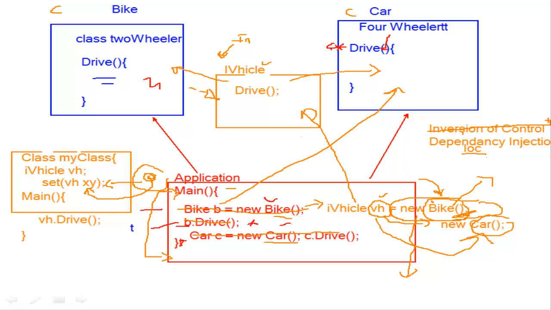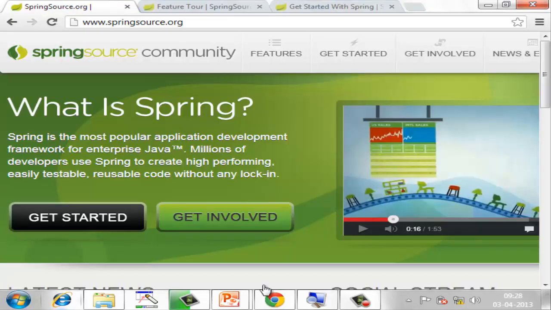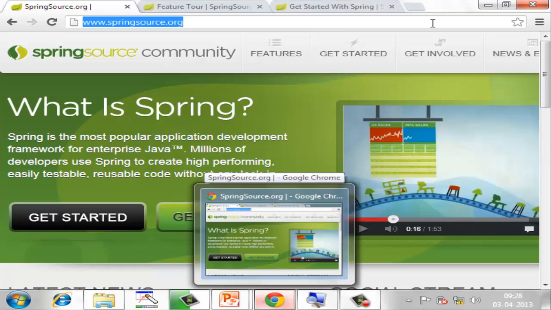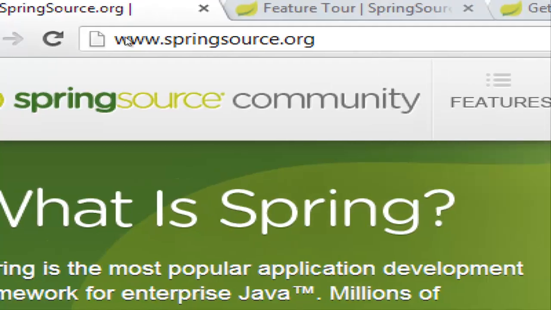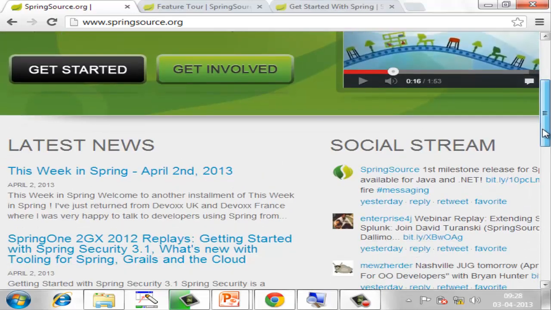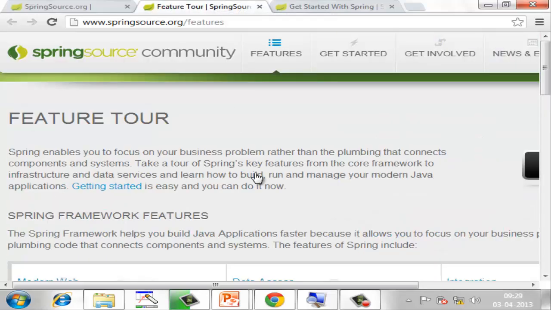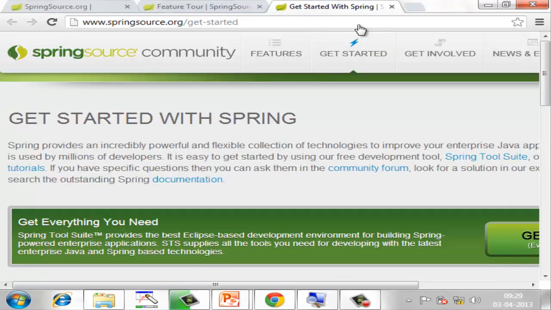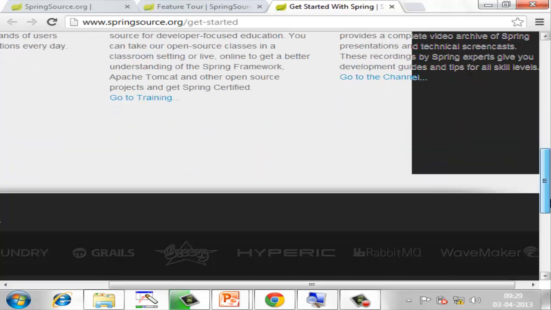If you want to know more about this, yesterday I wanted to show that thing, but I somehow went back again. Before I proceed, get rid of this. This is the place wherein you can get all the resources for Spring, springsource.org, including the Spring framework. So if you want to download, somewhere you get started. Somewhere you have the download version. You get Spring download. You just download the content.